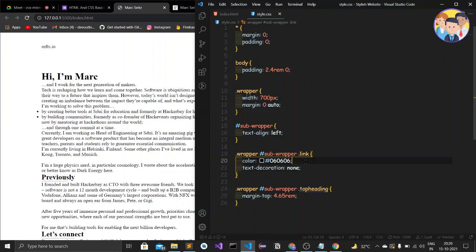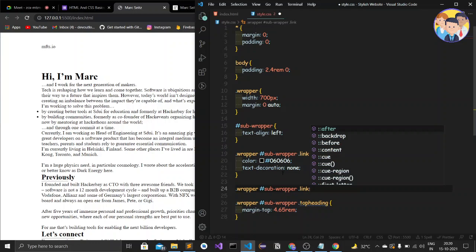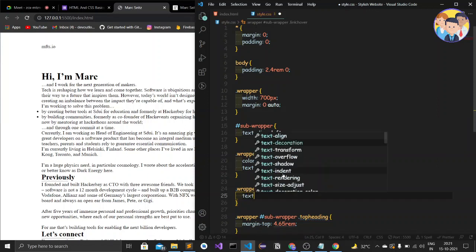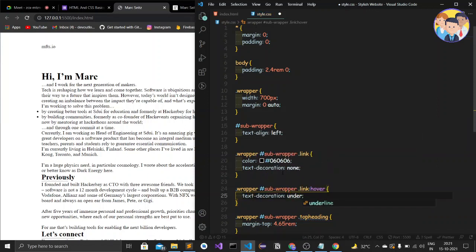Okay, to add the hover effect on this link, I'll just copy the whole selector, and in the next line I'll just type an additional selector which is colon hover. Okay, colon hover, and inside that we'll add the effects which we want when the user hovers on that link, or else we can say on the text. So I don't want the color to change, I want the text decoration as underline. Okay, so this is very logical, we can do it ourselves. So when I hover on this link, we get an underline effect. Okay, so this is by this hover.